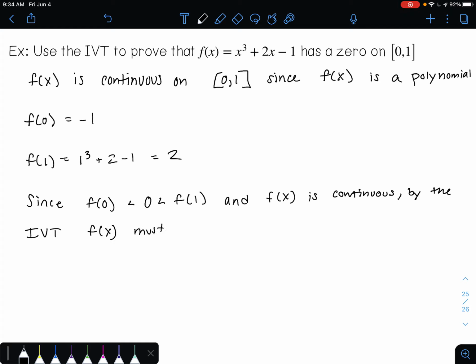By the intermediate value theorem, f of x must have a 0. It could have more than one 0, but it has to have at least one 0 in that interval. Must have a 0 in the